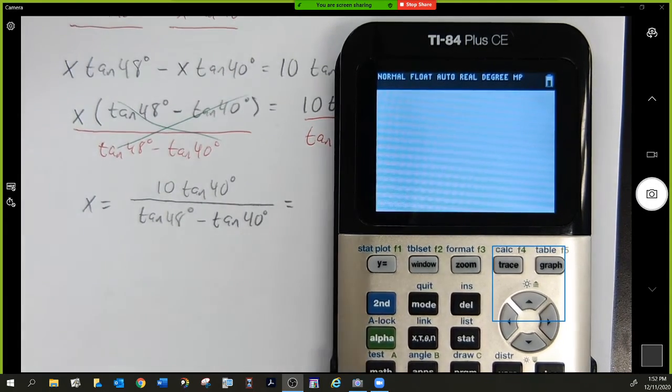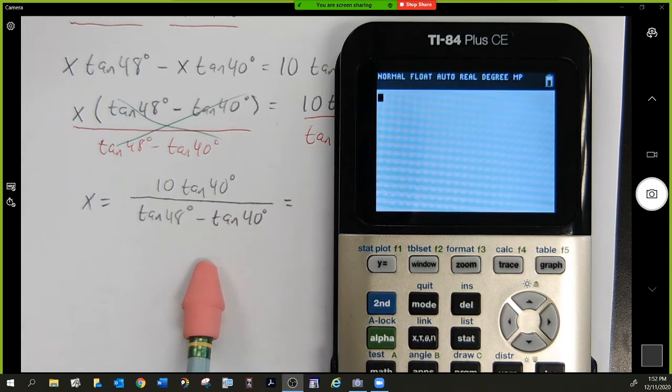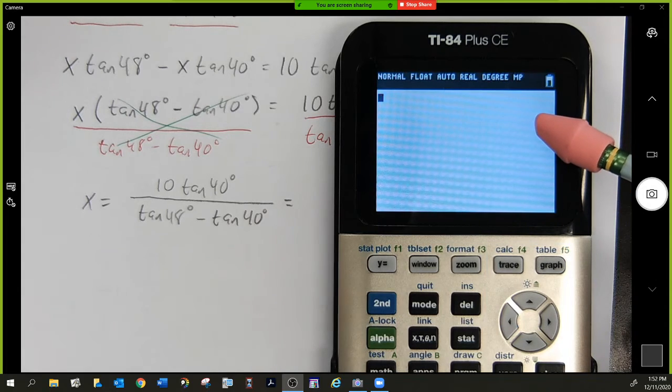Okay. So, this is a stacked fraction, yeah? If you have this version of the calculator, you can use stacked fractions. If you have an older version of this calculator, it probably can't do stacked fractions. So I'm going to do it without the stacked fraction, just in case, because I know everybody can do that. So do 10